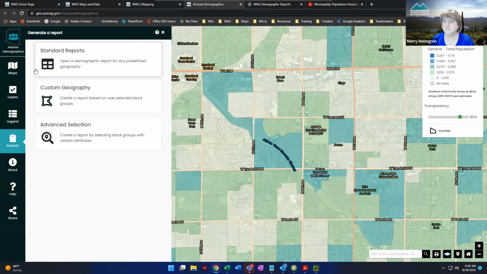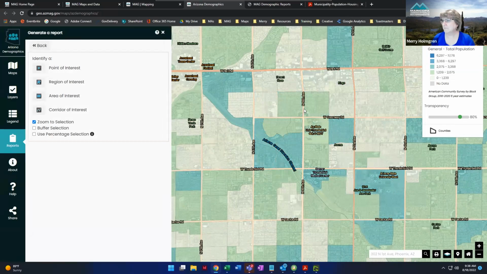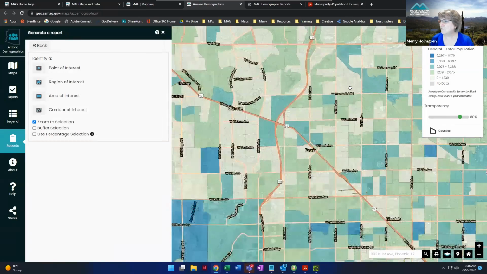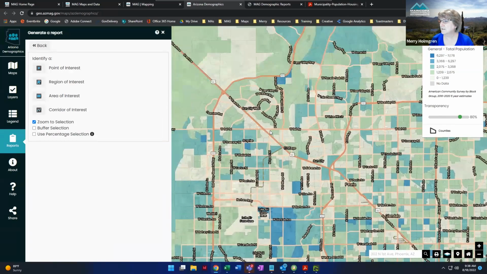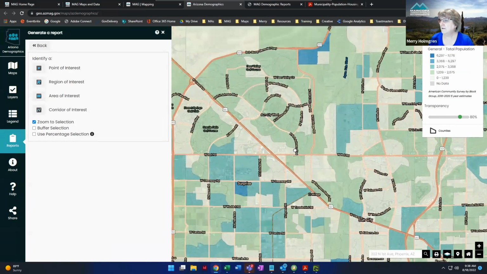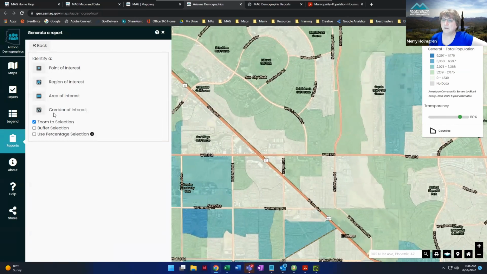All right, and finally for custom geography, let me scroll out to a fun place here. Let's go over this way. All right, so for the corridor of interest, think of a corridor. What is it? Hallway. I don't know. It's a line. So the corridor of interest is a linear geography. So I'm coming down here, Grand Avenue. Let's see, I'm going to start here and I'm going to come down here to Bell Road